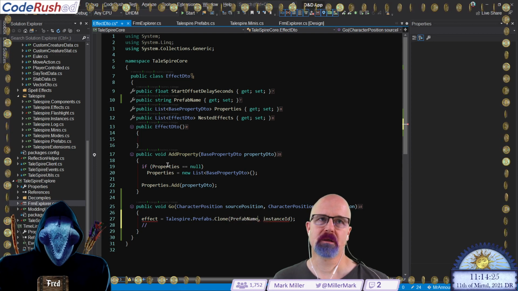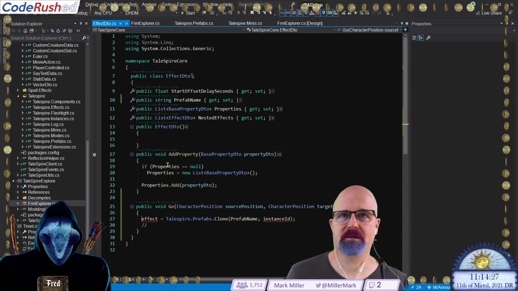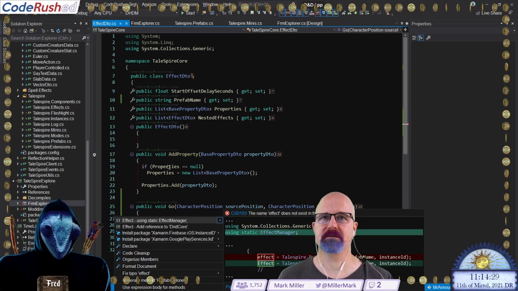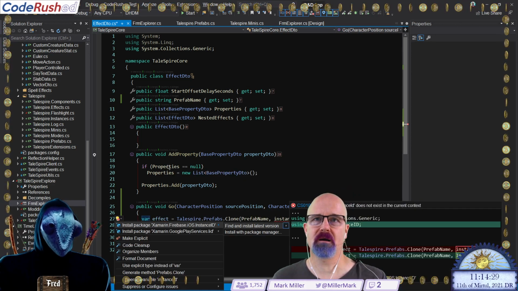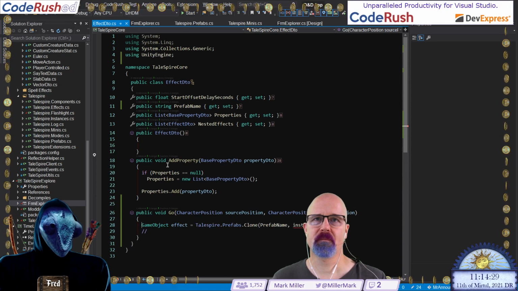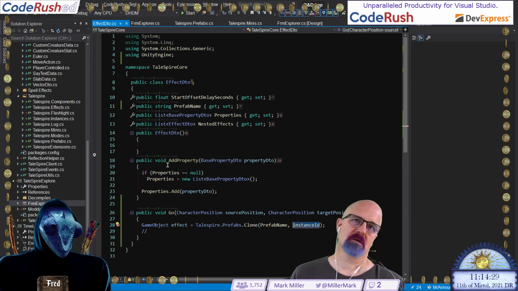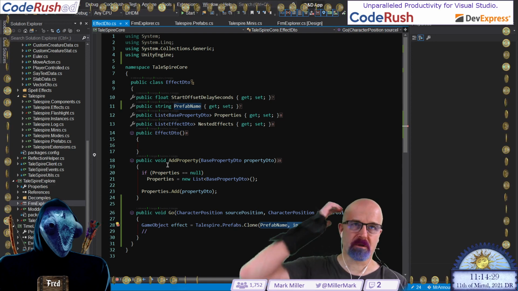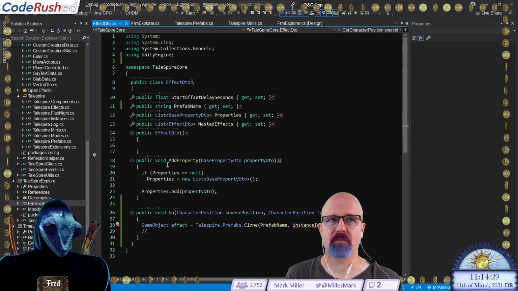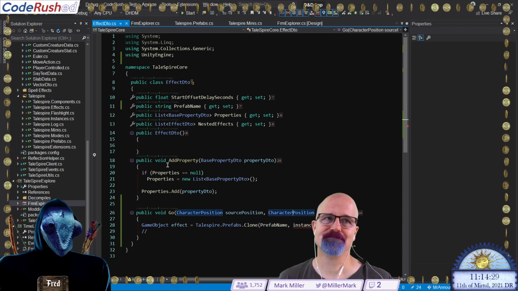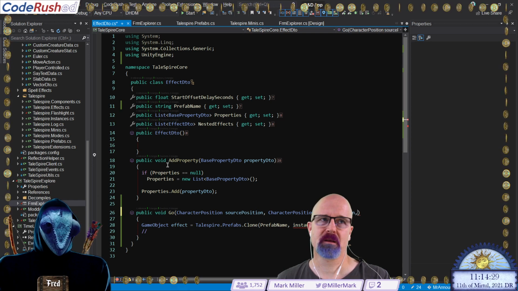Yeah. Next, we got to deal with instance ID here. Because we need to be able to clean this up. Yeah. Which I think means Go needs an instance ID for this. That's what I'm going to do for now.